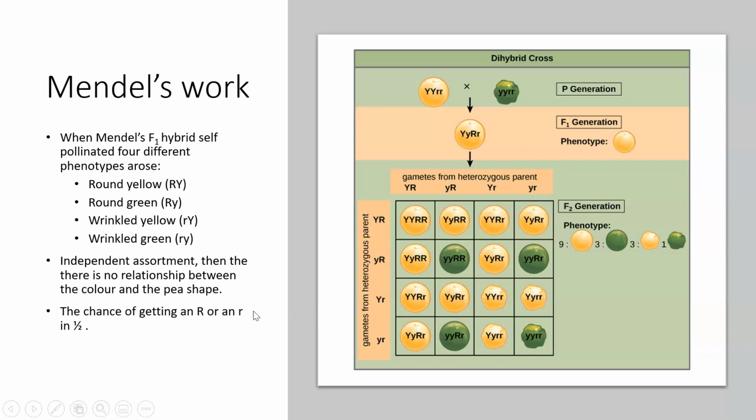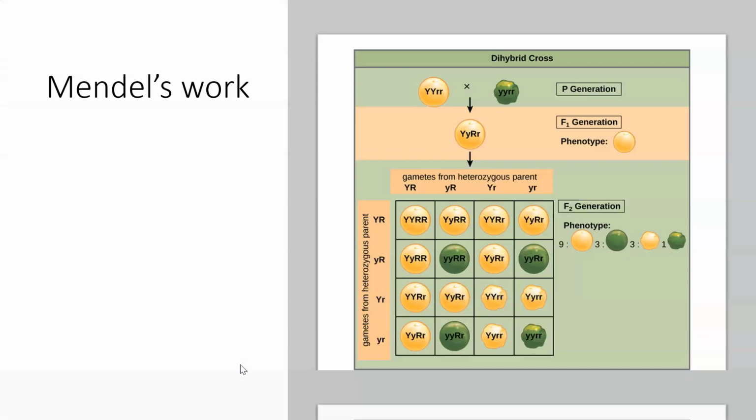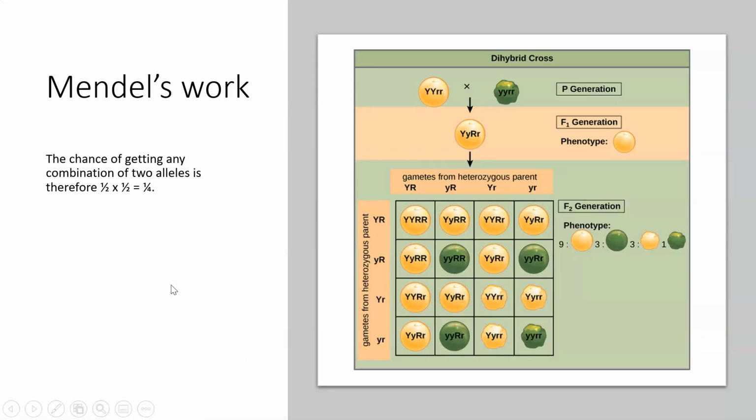So the chance of getting a dominant or a recessive shape gene is half. So 50% chance of getting an R, 50% chance of getting lowercase r. So 50% chance of being round, 50% chance of being wrinkled. The chance of being yellow or green, again, half. 50% for each. So the chance of getting any combination of the two alleles would be the half, multiplied by half, be a quarter. 1 in 4 chance of being yellow